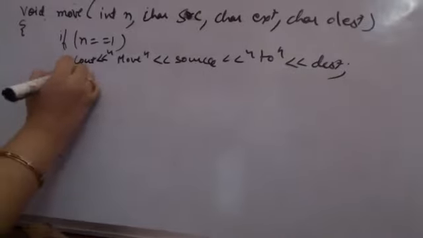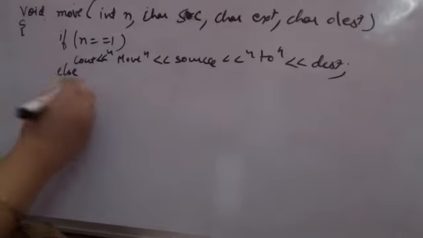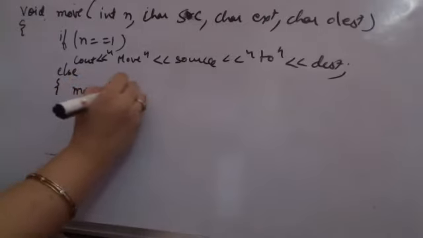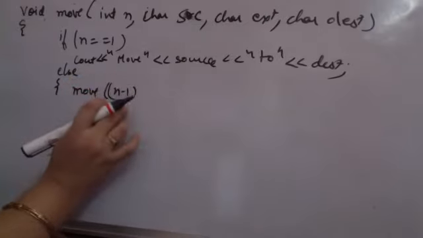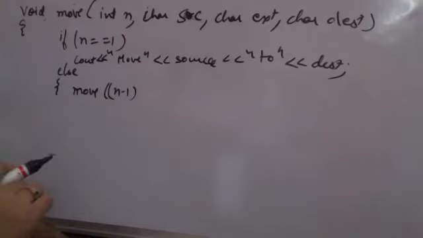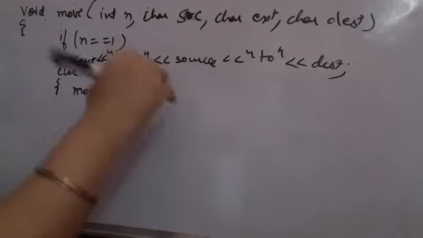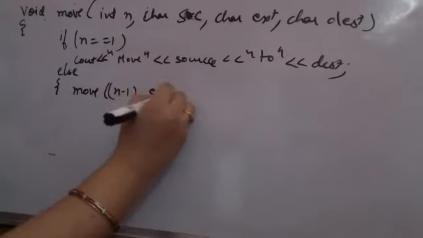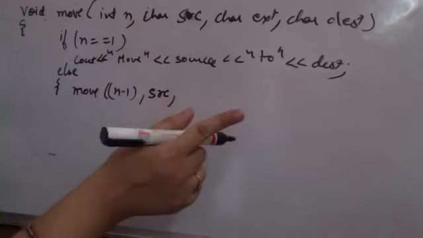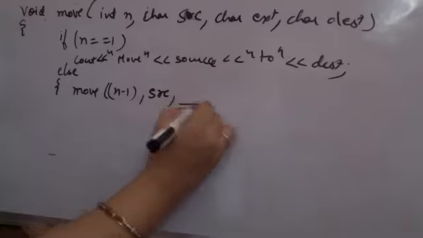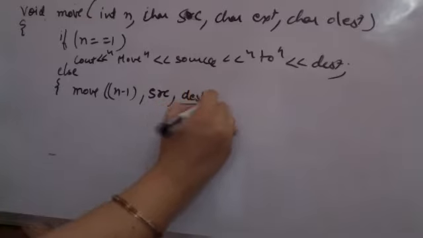Else, if n is not equal to 1, then I have to do the recursive system. So what is happening in recursion? I have to move n minus 1 disks from the source to the extra one. n minus 1 को source से extra पे करना है हमें, ठीक है? So I have to move this n minus 1 from the source. अब extra वाला जो है वो destination और destination वाला जो है वो extra है, ये याद रखना. तो यहाँ पे जो आया है, this is my destination and this is extra.